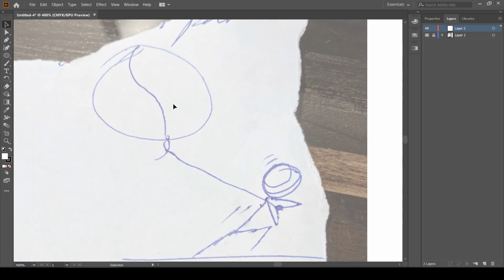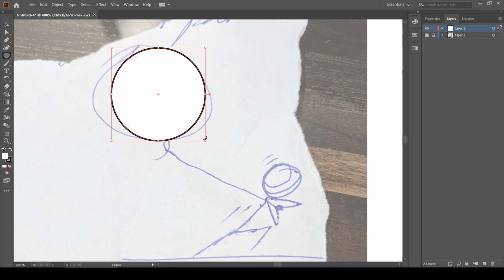Now first thing we are going to do is create the moon. So let's come to the Ellipse tool which lies beneath the Rectangle tool and create an ellipse. We are going to press the Shift key to get the proportional circle, and since it is filled with the white color I am unable to see what lies beneath. So what we are going to do here is, with this being selected, come to the fill color and select None. So our fill color is none and we can easily see beneath it.